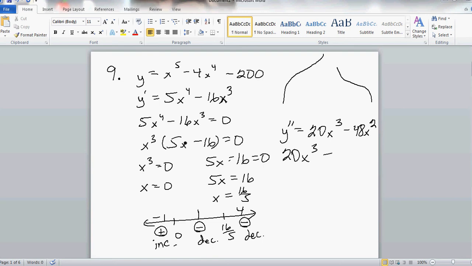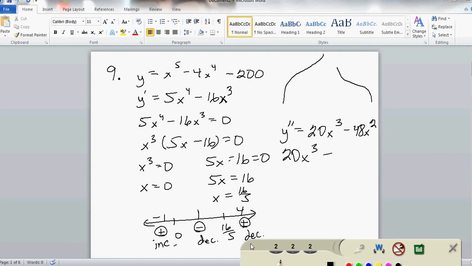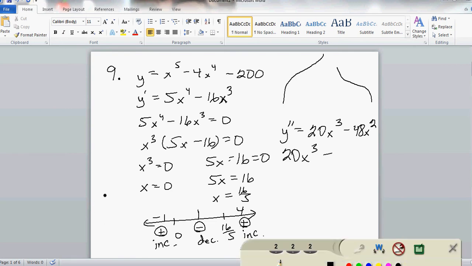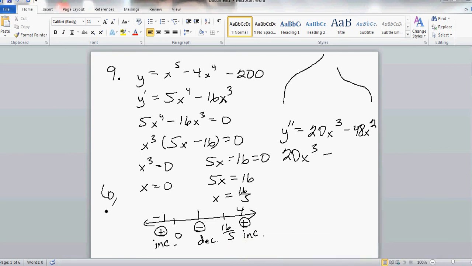And at 4, plugging in 4, we get 5 times 4 to the 4th minus 16 times 4 cubed. And that's positive, which means this has to be increasing, and this makes a whole lot more sense. So we know something happens at 0 and at 16/5, and this is where